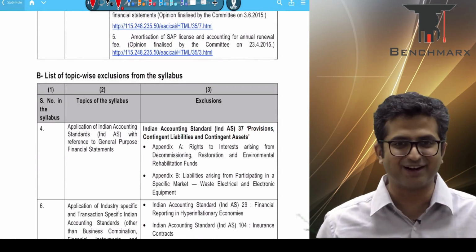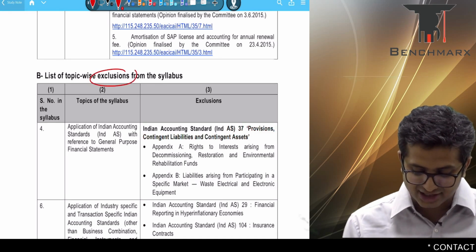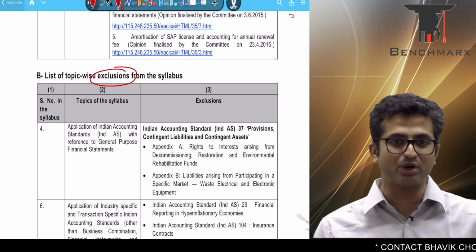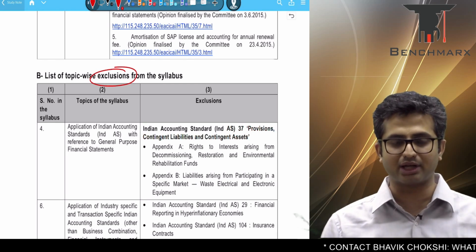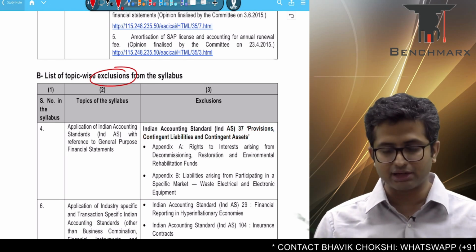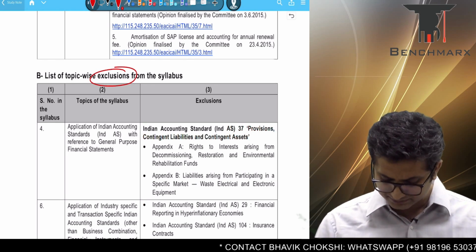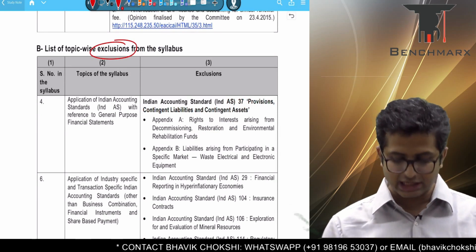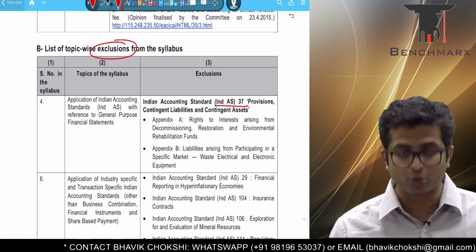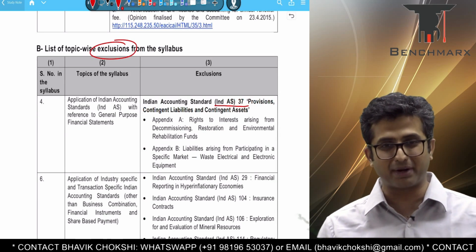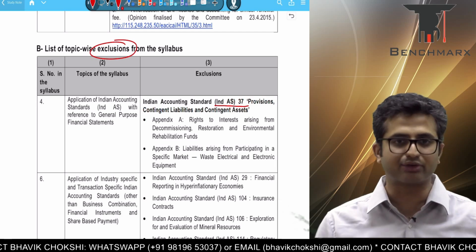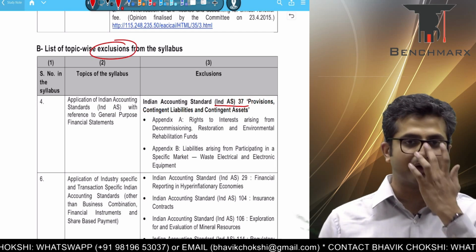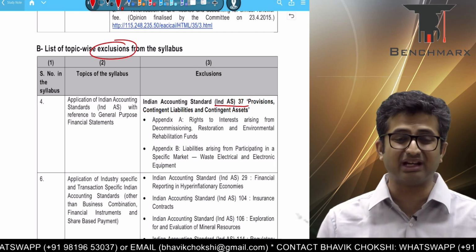Now the more important part, which a student is always interested in: the exclusions from the syllabus. What don't we have to study for the May 2019 exams, and most likely even for the November 2019 exams? In terms of Ind AS 37, that is provisions and contingencies, 2 appendices have been specifically excluded. Now there is some amount of confusion, as I have heard from students, on whether decommissioning,